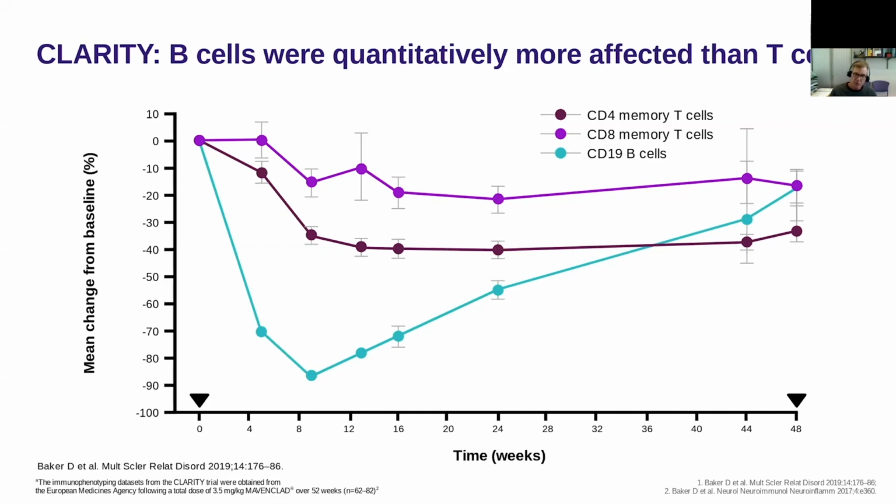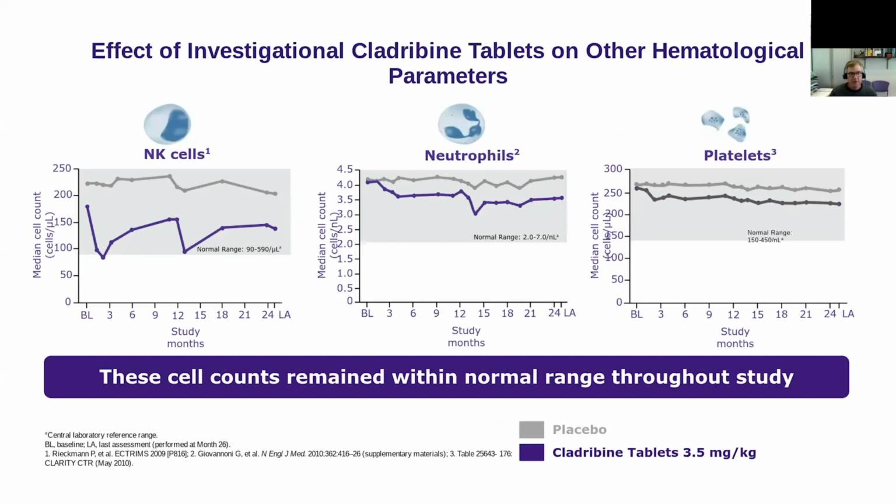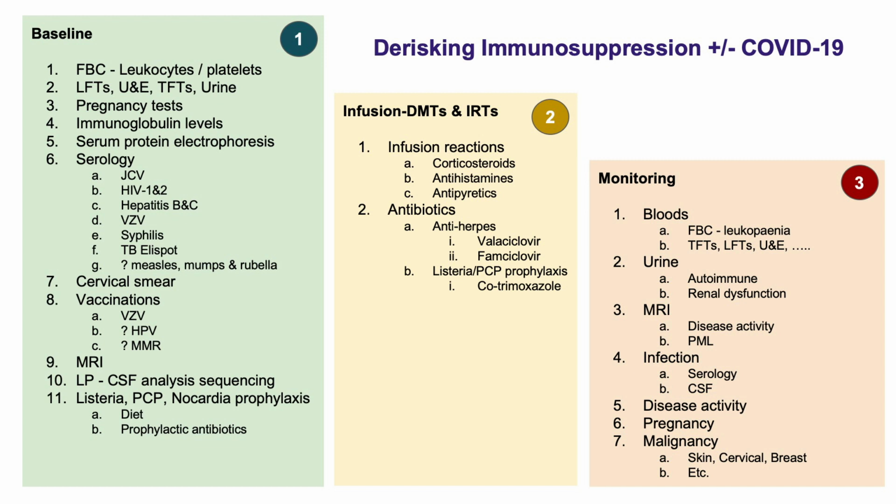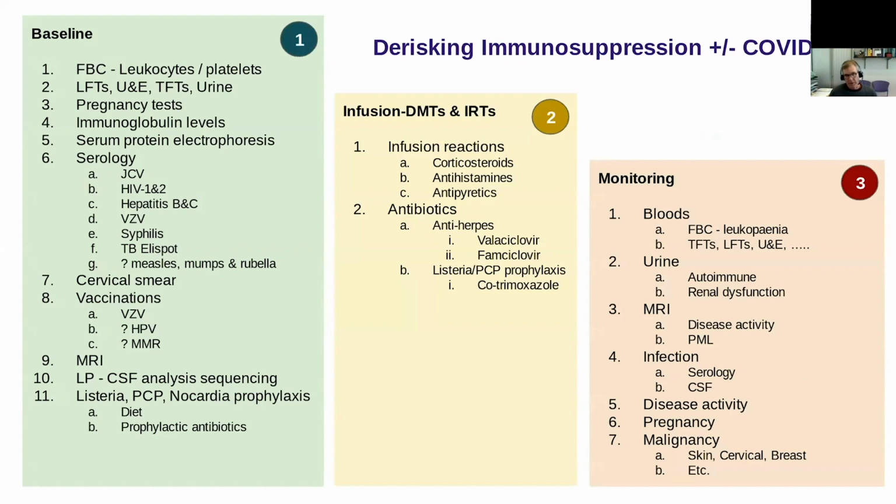You also have to be on a therapy that allows you to potentially have live vaccines. So that's something we have to keep in mind. Just to point out, with Cladribine, it doesn't affect the innate immunity to any significant degree. So I've got this table, which I've published as well. It's how we de-risk the therapies,